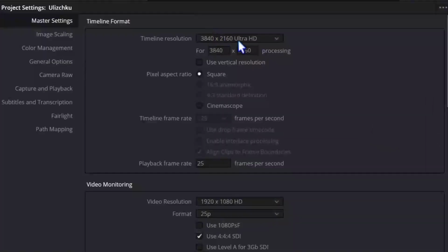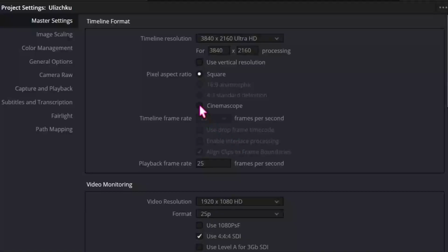First of all, you should pick the resolution. If you are making Shorts, you should pick a vertical resolution, and this timeline will be automatically resized specifically for Reels, Shorts, and content like this. But we will be editing full-scale video, so we should pick these settings. After that, you leave everything